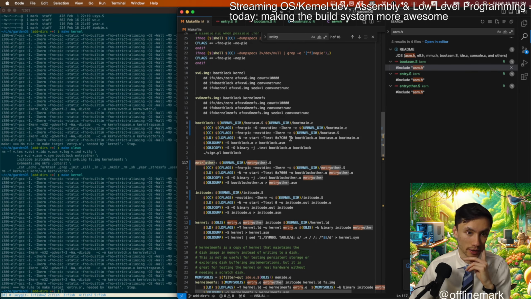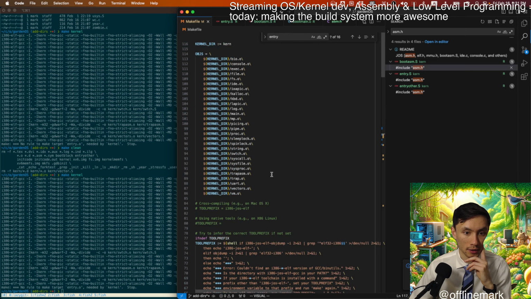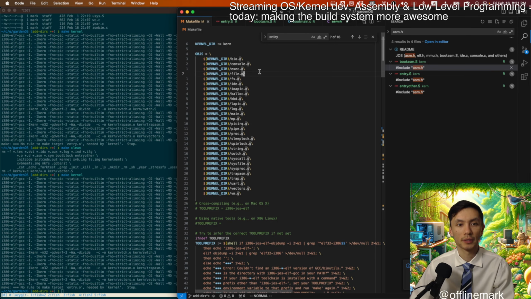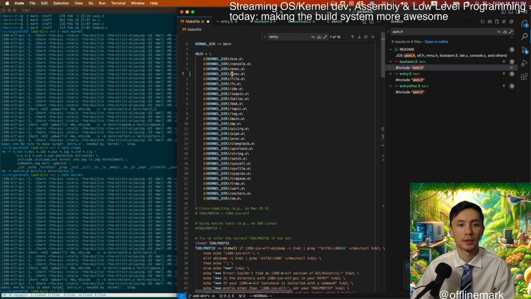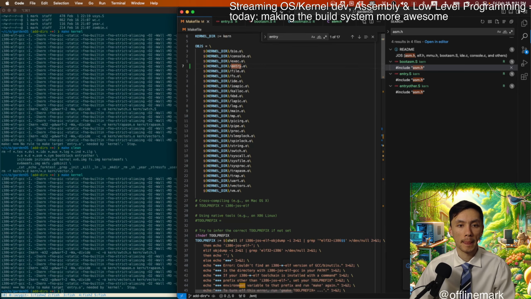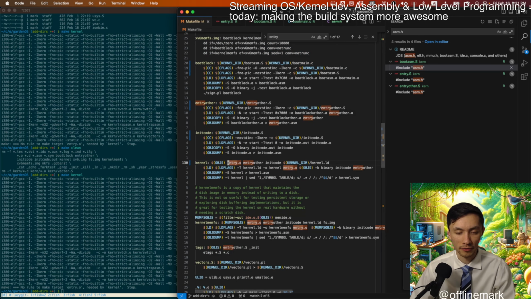So that was just an implicit thing. What if we just add this? Entry.o. And then now every reference to this is going to need to be prefixed with this kernel dir thing, which is a little bit verbose and messy.